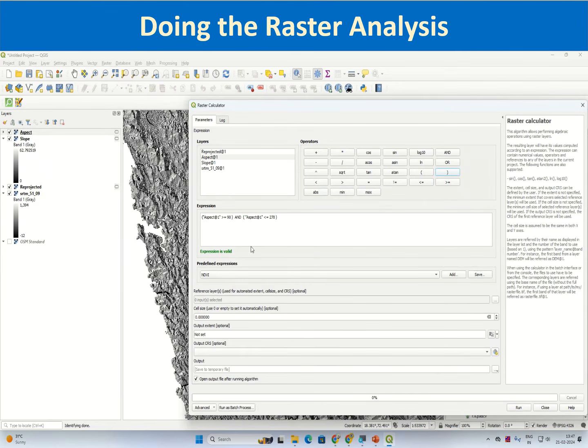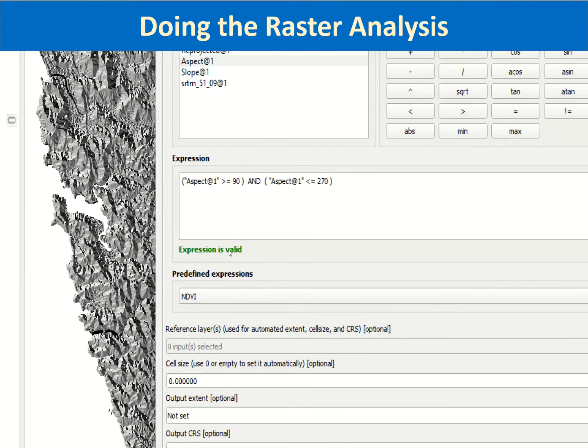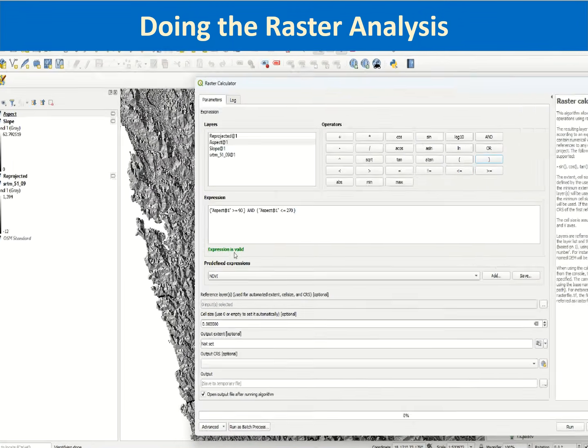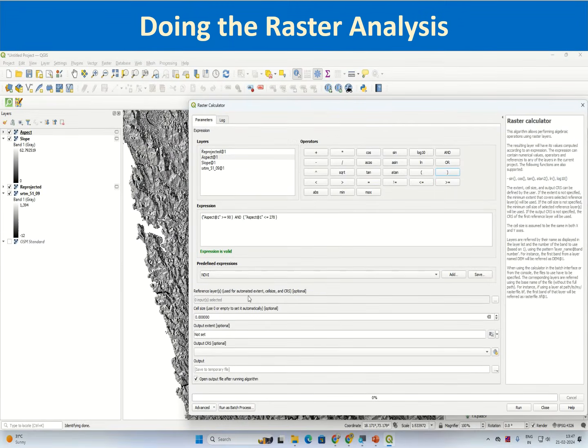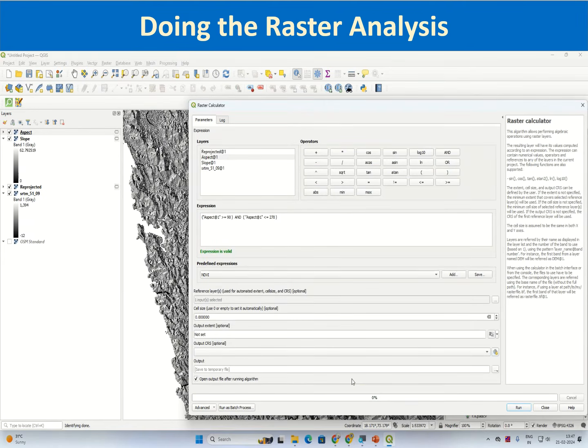So if this expression is valid, then you will find the expression is valid in green color, and then you can run this. Before running, you can give a reference layer for automated extent, cell size and CRS. You can select the aspect layer itself and then you run